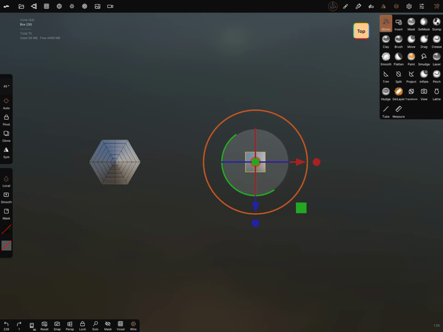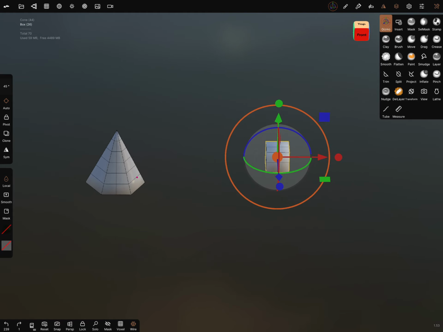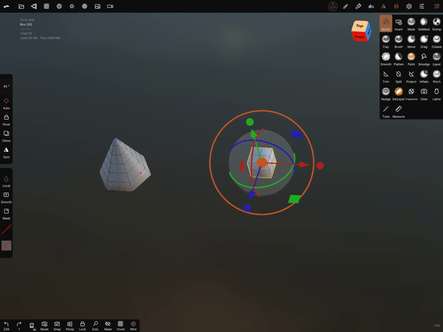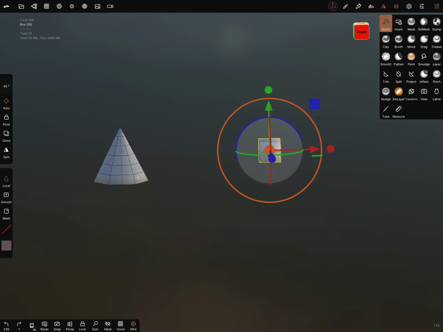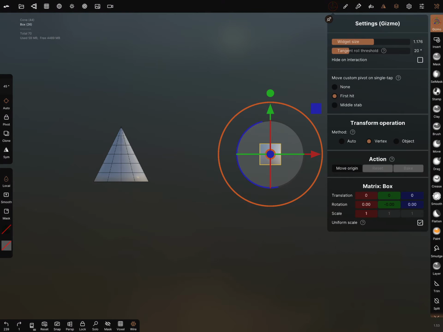I go a step back, but if you want to rotate an object around a midpoint, you have to adjust the pivot. And there are settings in the Gizmo settings.